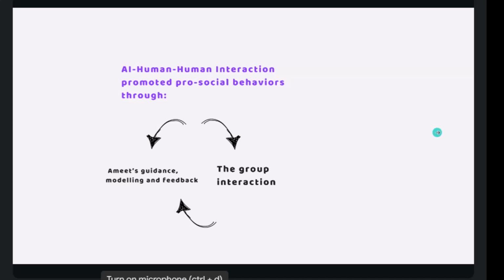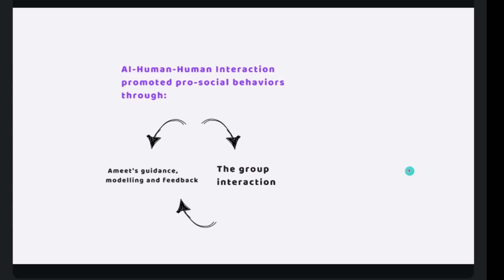So I think the way I look at this technology, AI or technology in human-human interaction, the thing that I'm mostly interested in is how the guidance that technology can offer in the interaction promotes group interaction, or changes how students, children interact with each other.